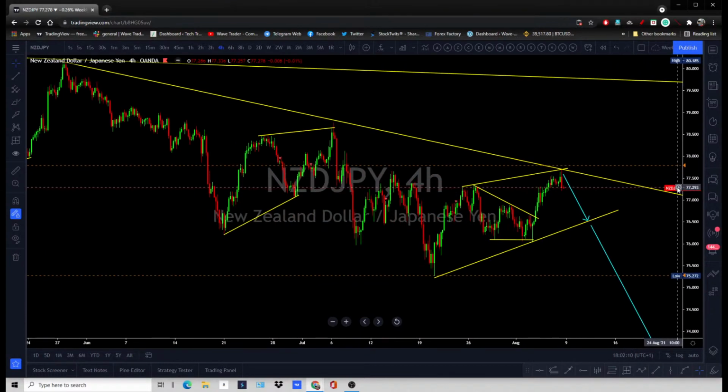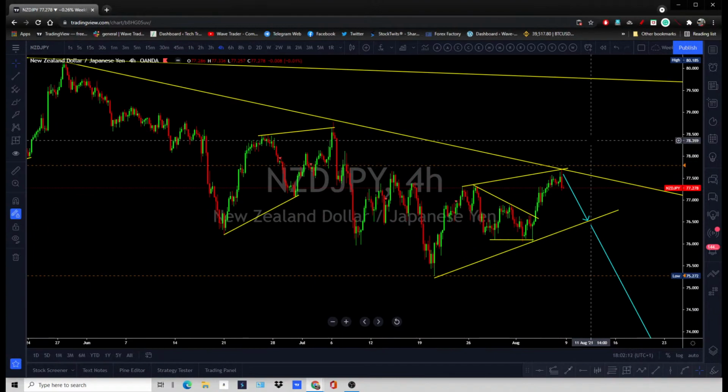But the potential is going to be on this chart for longer term, because as I said, the market is expecting that the Reserve Bank of New Zealand is going to be the